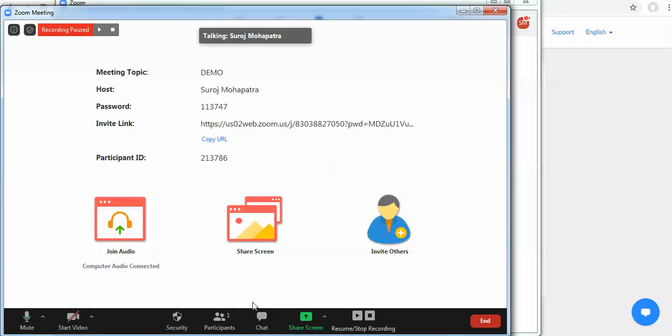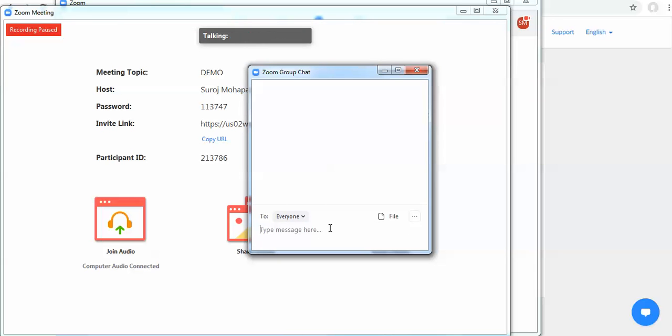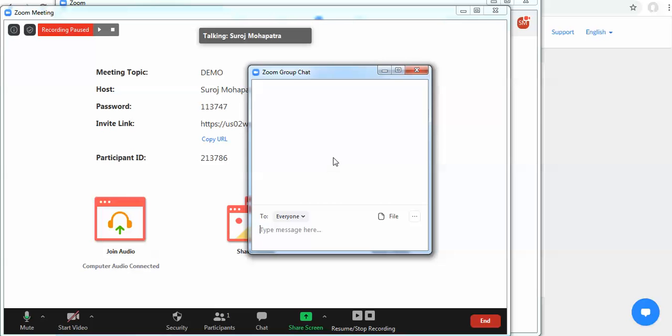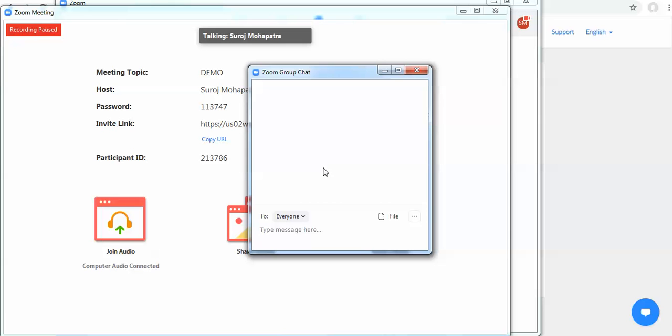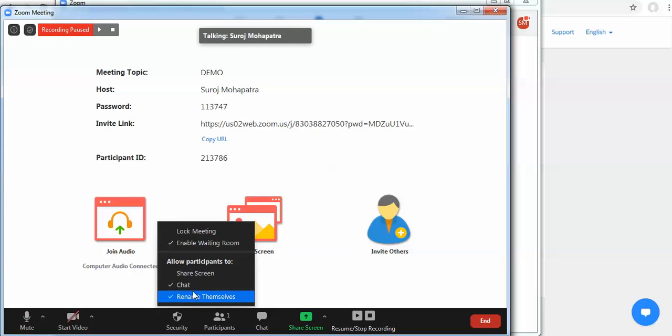Now let's start with the session. So what I need to do is share the screen. Here you can see chat options are also there, security options are also there. What they are and how we need to use them, I'll show you later, or now also you can see it. Chat is nothing but you can chat with all the students or privately with any one. This is the option to chat with everyone. All the participants can see your message.